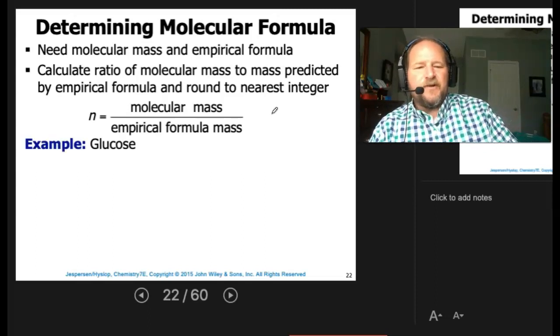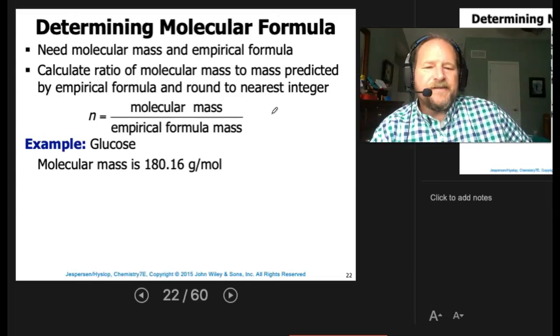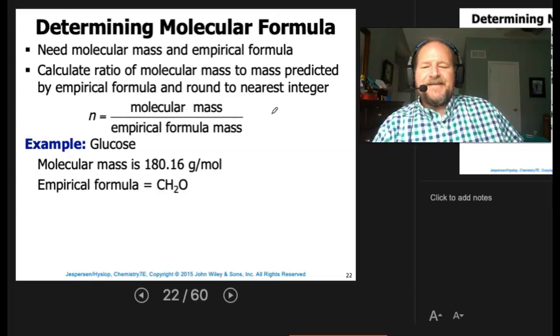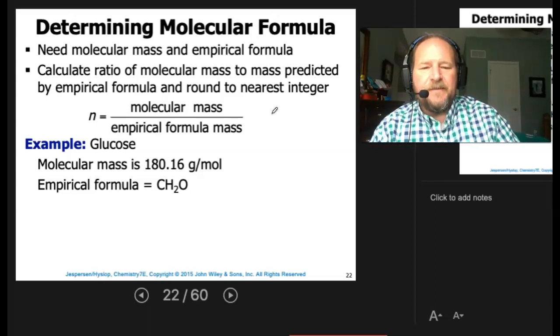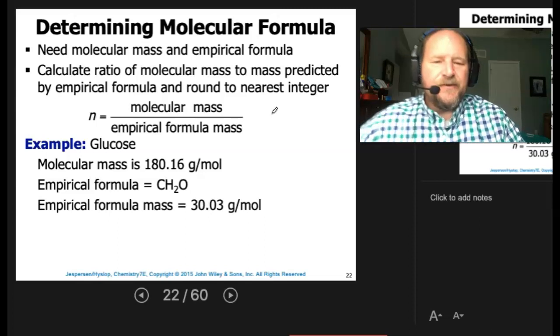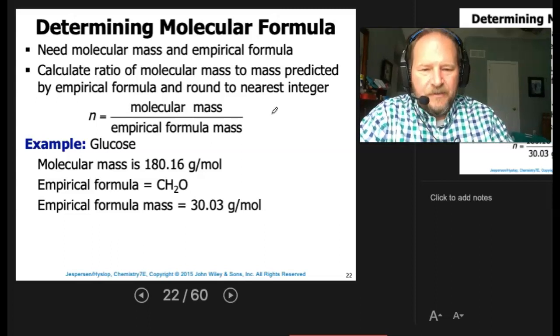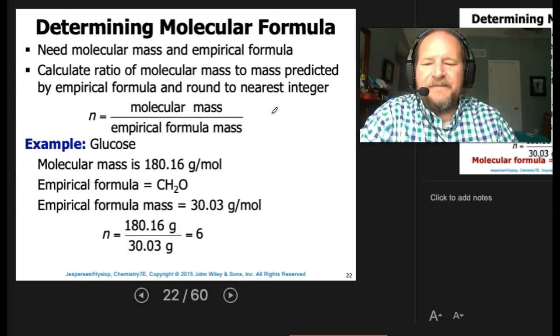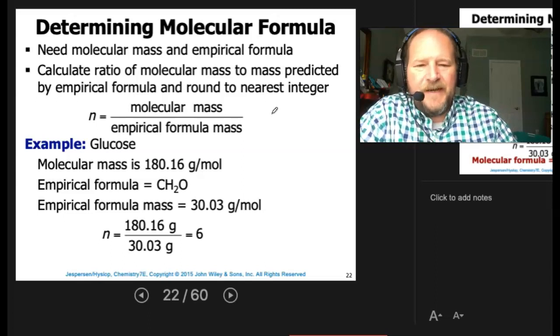So for instance, let's look at glucose. We know that the molar mass for glucose is 180.16. We know the empirical formula is CH2O. So what we'll do then is figure out the mass for the empirical formula. We'll take carbon as 12, hydrogen is 1.01, oxygen is 16, and that gives us 30.03. Now to figure out what the multiplier is, we'll take the molecular mass, the 180, and divide it by the empirical mass, 30.03, and that gives us 6. Then we simply multiply our empirical formula by 6, and so we get